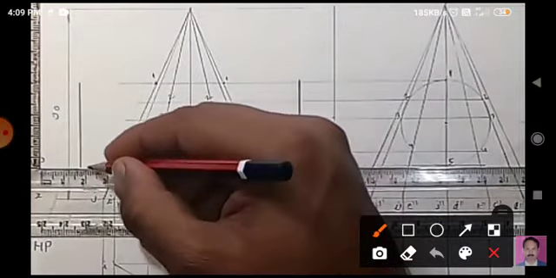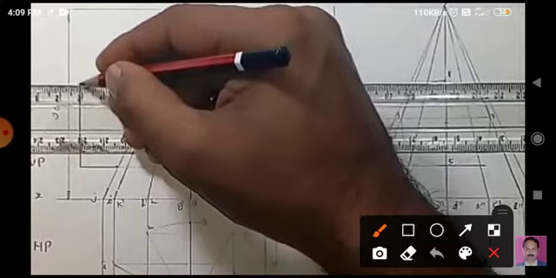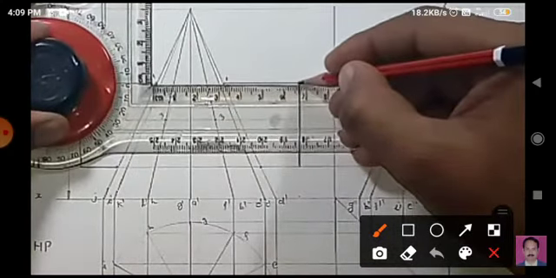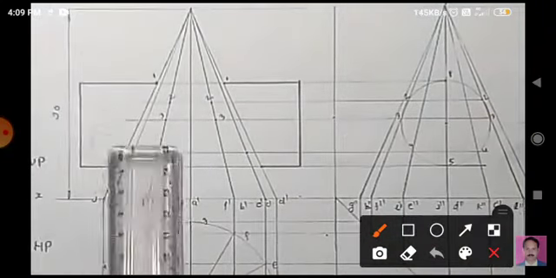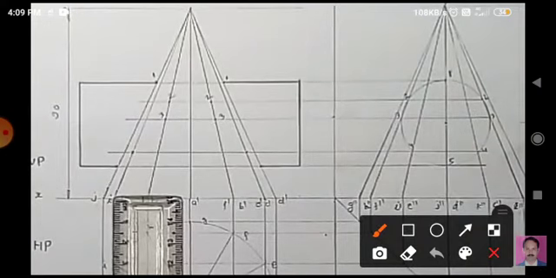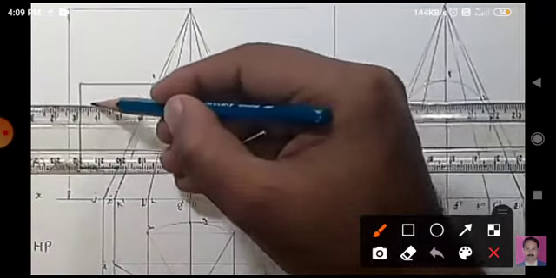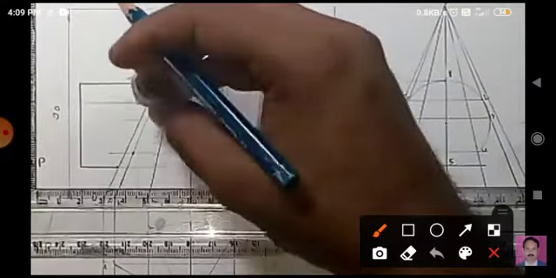Okay, and this much part will be dark because it is visible to you. Which is not visible, we will draw with the hidden lines. Okay, now after joining these points, you are able to see through, that's why you have to draw it with faint lines. It is not necessary to draw. Okay,